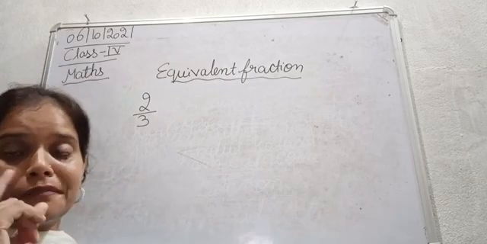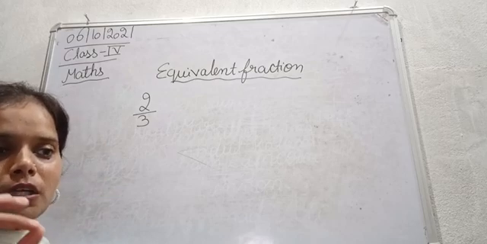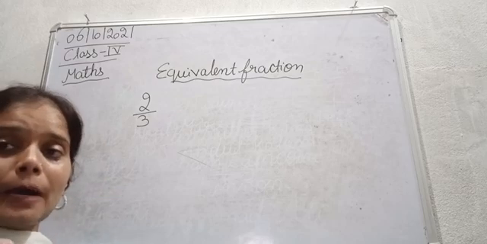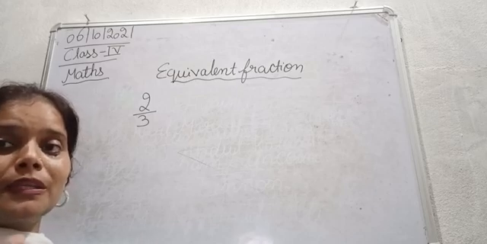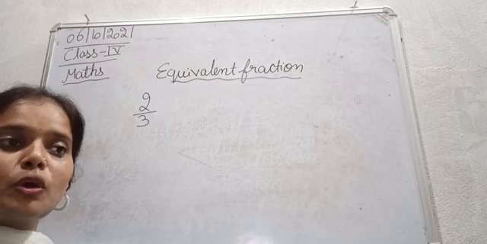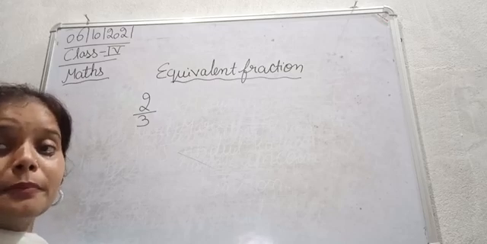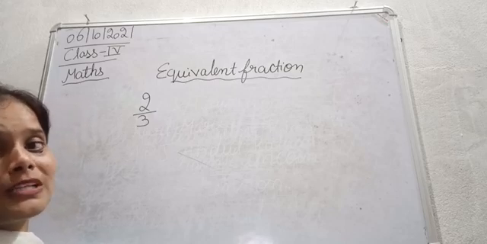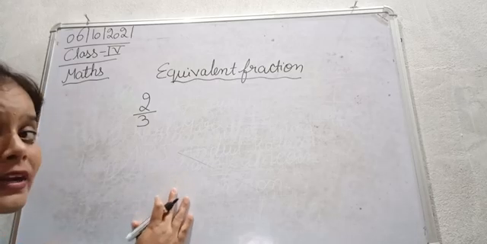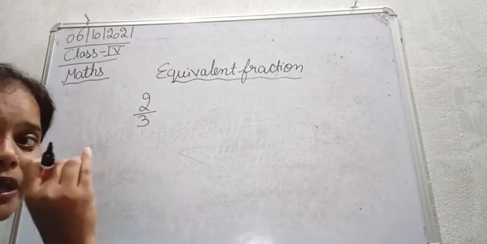This is a very important rule you can say, or a very important term about the multiplication of any number with the fraction, that if you are multiplying the numerator and the denominator both, then you are going to multiply both with the same number only. Okay, for finding the equivalent fraction. Equivalent fraction ढूंढने के लिए.